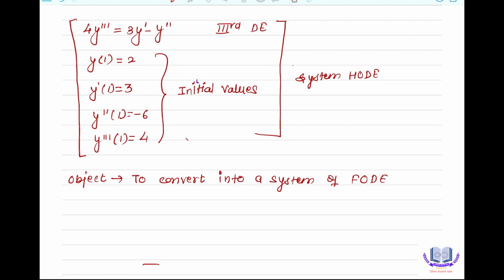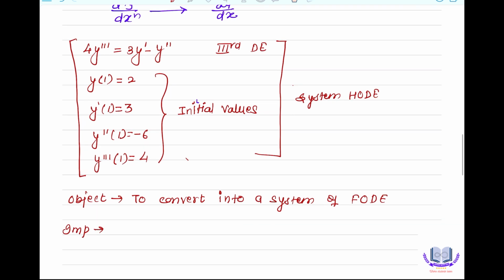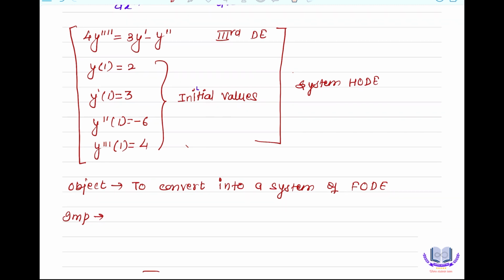So, there are some important points to be noted here. What is the important point? What is the order given here? This is fourth order, guys, sorry. What is important here? First of all, we have to note what is the highest order. So, here highest derivative is fourth derivative, that is d^4 y over dt^4. I am assuming here y is a function of t, right?